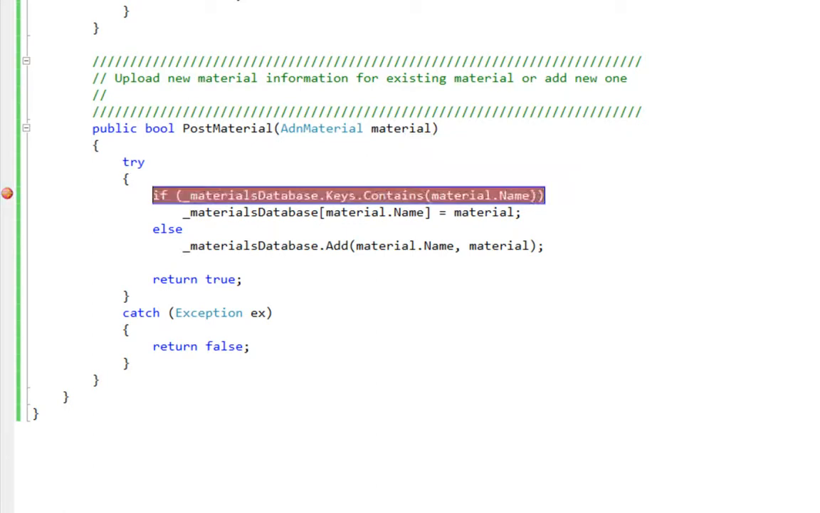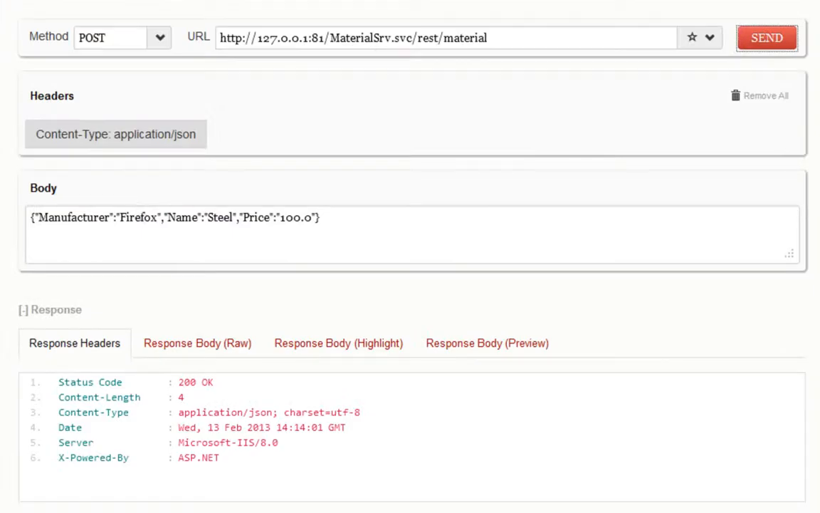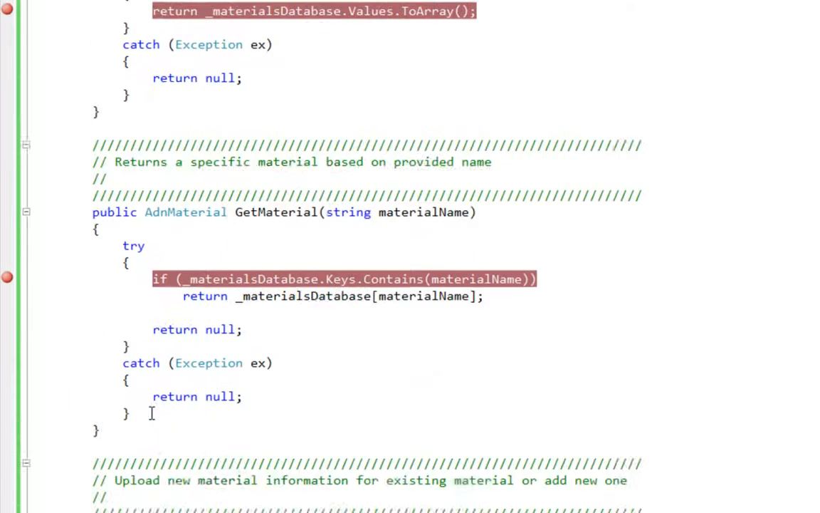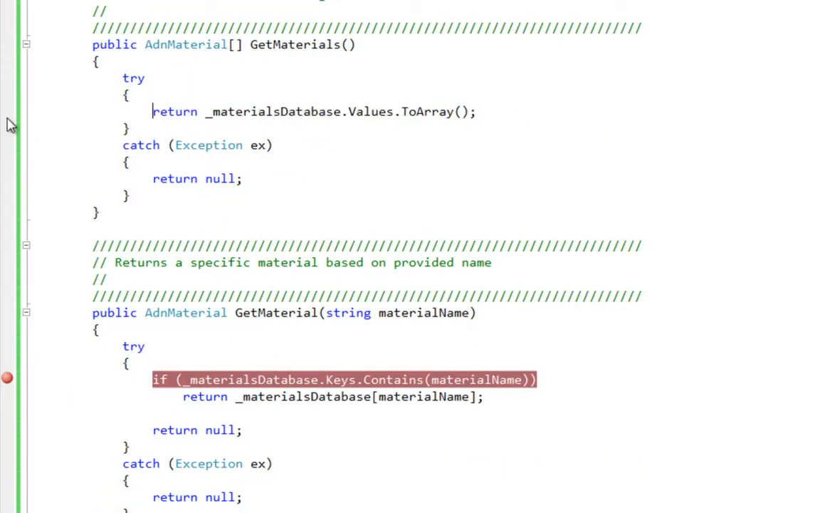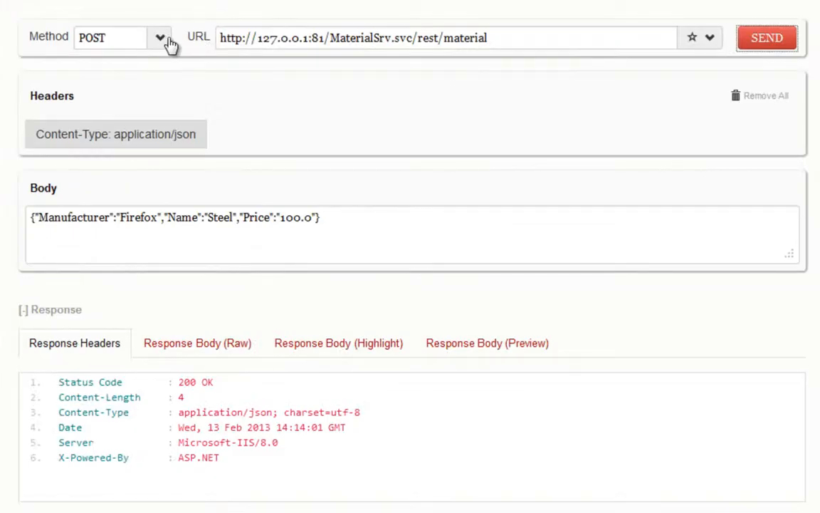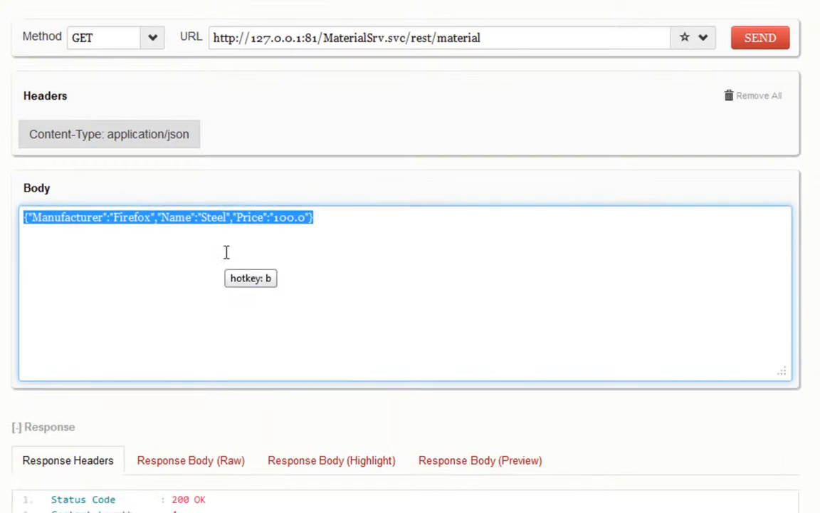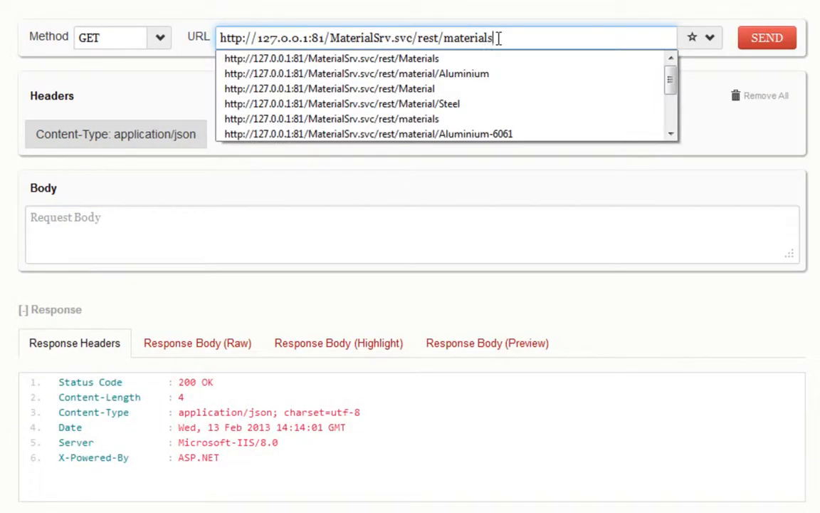So by doing that, let me remove now breakpoints there in the get material. I'm going to use that same add-in in order to perform a get request now. So that's the get request. The body of the request is empty. I want to retrieve now the list of all my materials. I specify materials there,